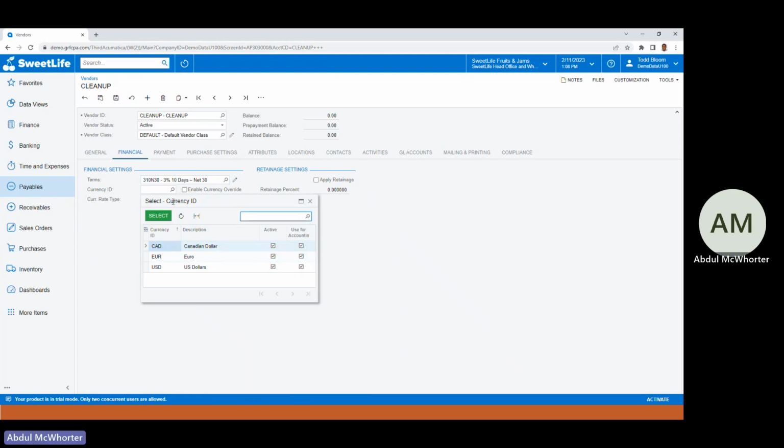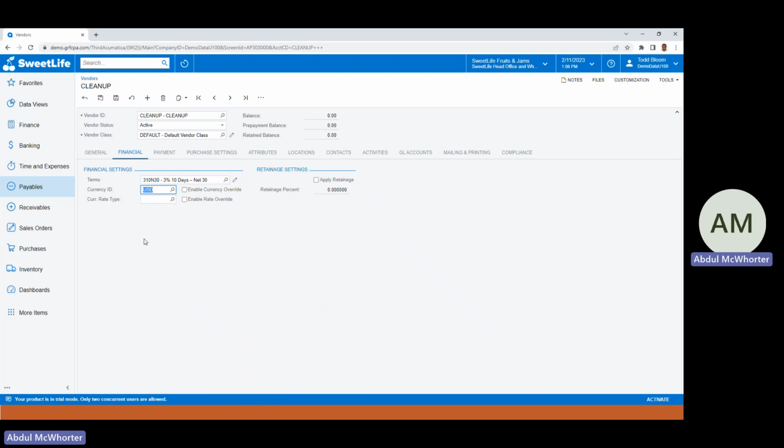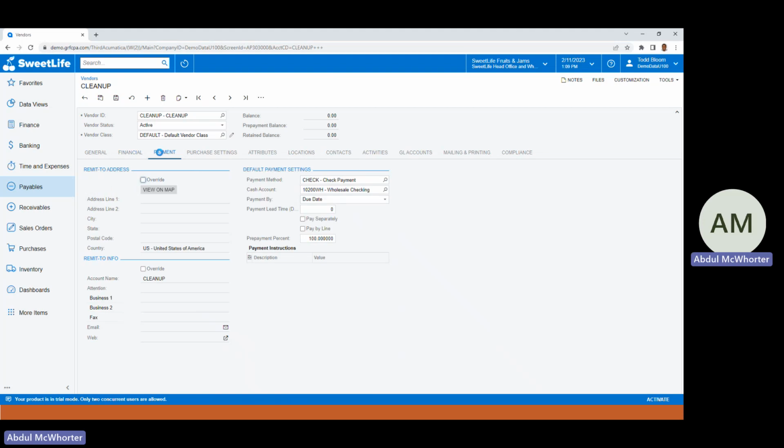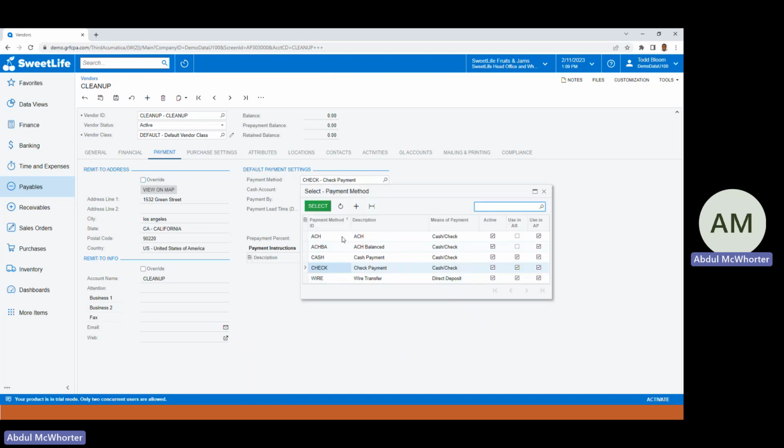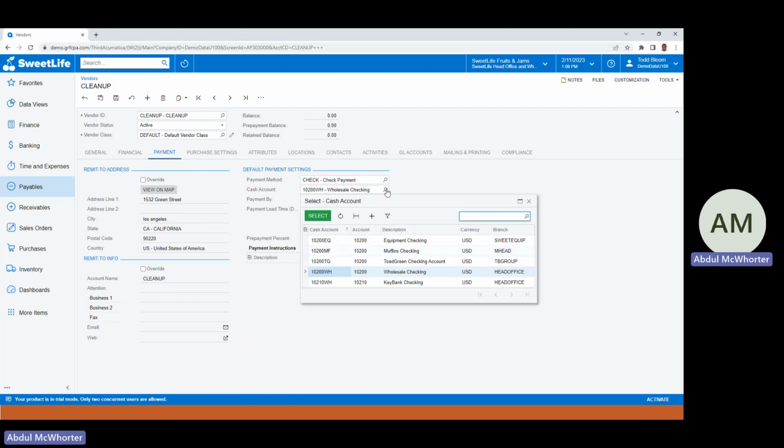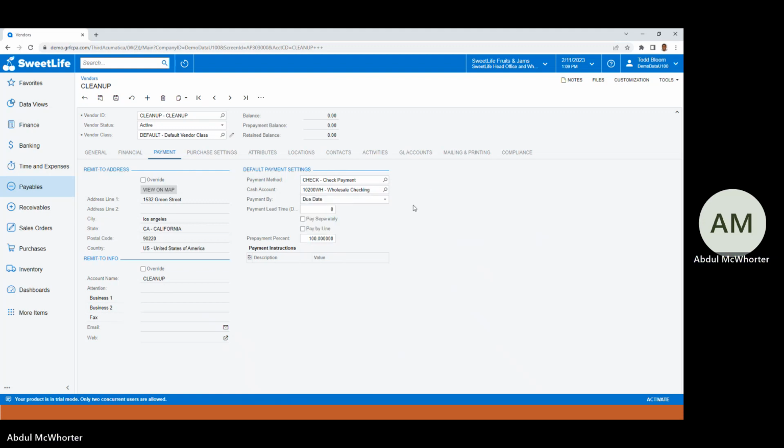Currency type, and we pay in US dollars. And we'll continue to the payment tab, and under the payment tab, we'll set up the default payment method setting. So here we do pay by check, but in case the company paid by something other than check, which may be ACH or wire transfer, you can select that there. Also with the cash account, you can change the cash account in this screen here,